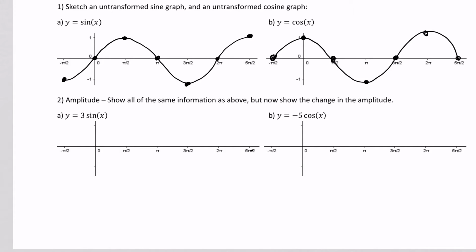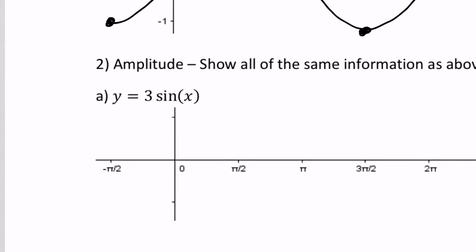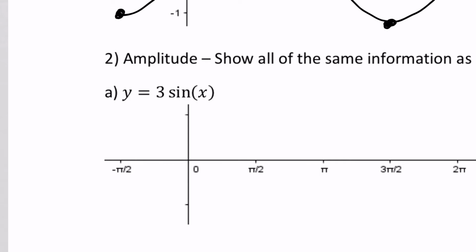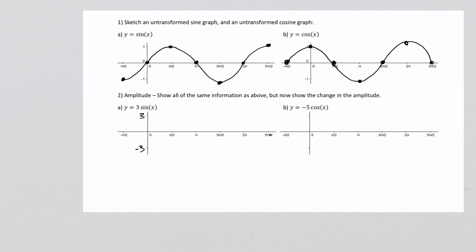All right, number two, now we're going to look at what happens when we modify the amplitude. This will occur when we have a coefficient in front of the trig function. Like for example, in part A, I have y equals 3 sine of x, and that's just literally multiplication. I'm not doing anything else to the graph, so nothing else is going to be modified, but every single y value will become multiplied by a factor of 3,